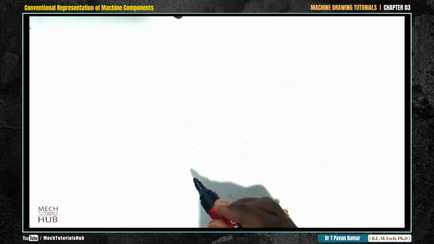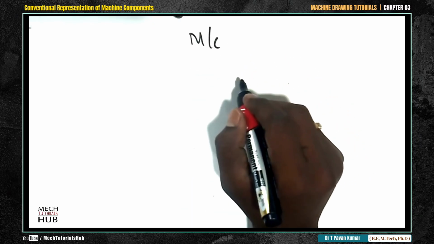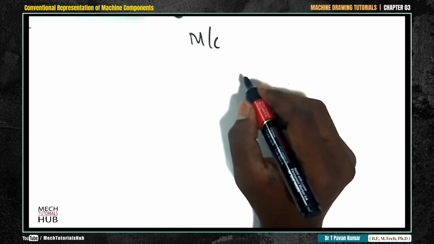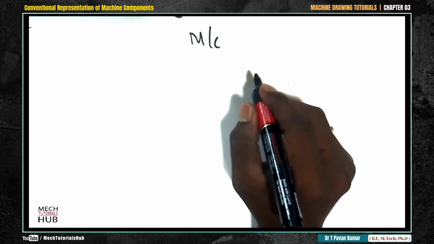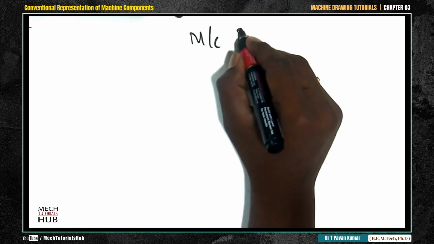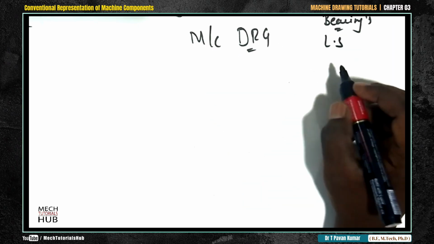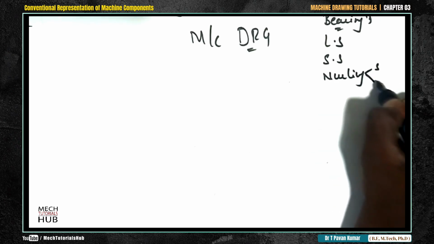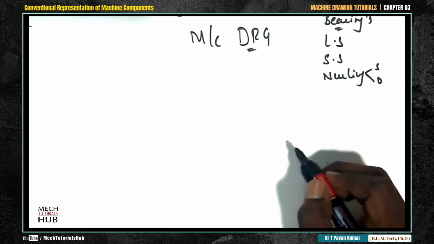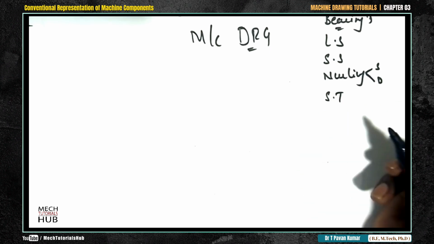Hello students, in this third lecture of machine drawing, we are going to discuss conventional representation of machine components. Earlier we had a discussion on conventional representation of materials. This time we are going to discuss machine components, for example bearings, leaf springs, splined shafts and knurling. That could be straight knurling or diamond knurling, and screw threads and external threads, square shaft, and many other